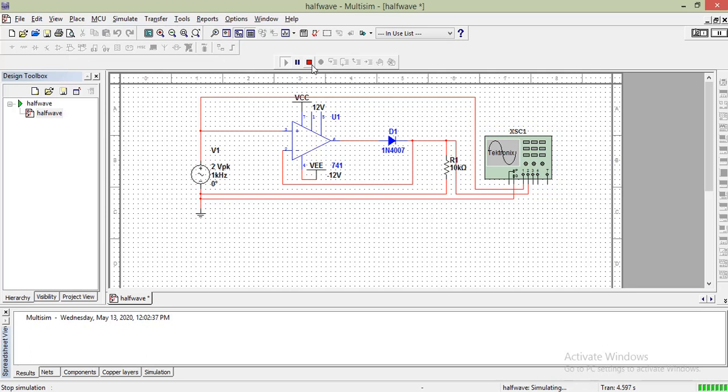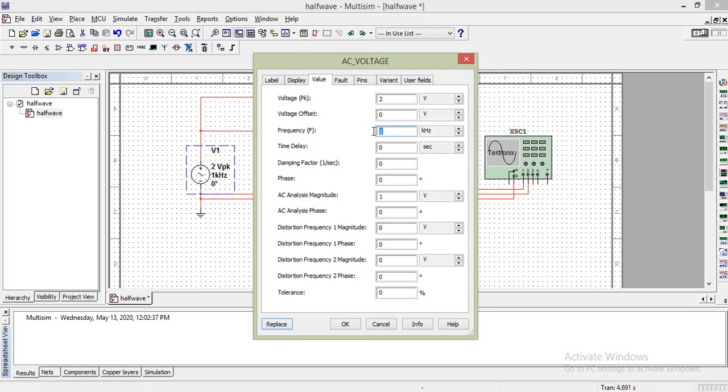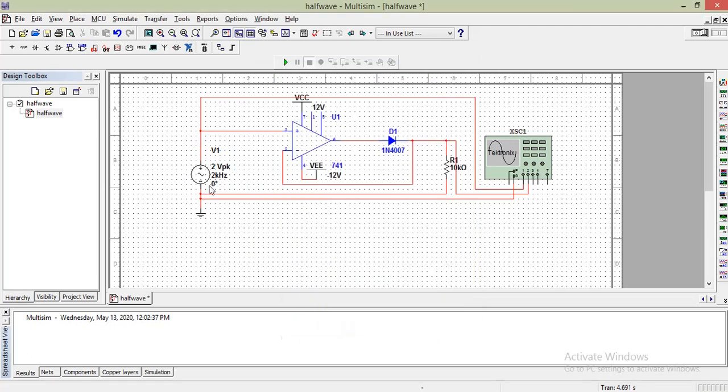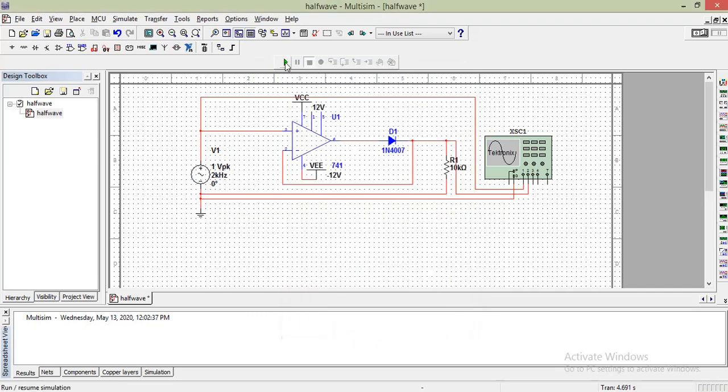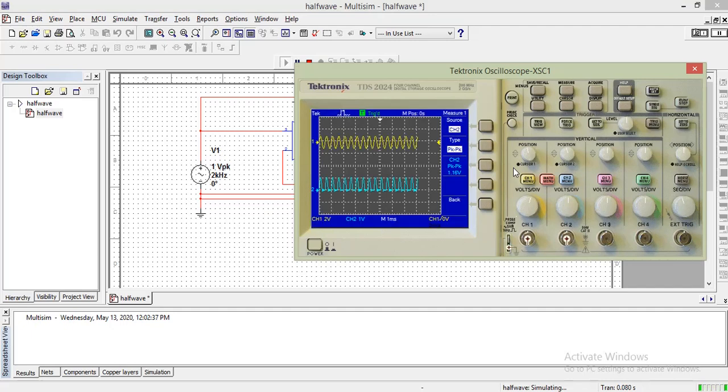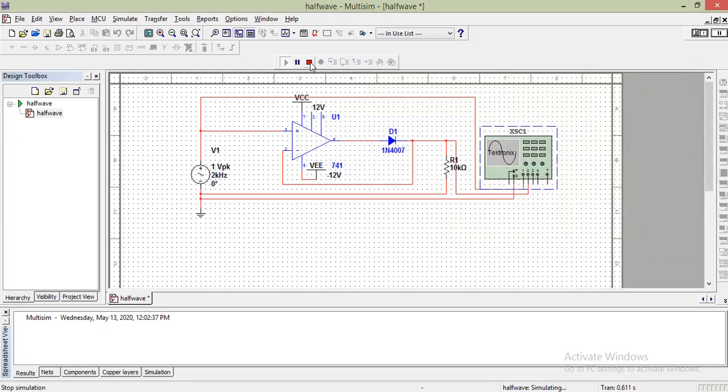You can place all the components. You can select any of the components. You can stop the simulation, and then if you want you can make the changes. If you want to change the frequency, stop the simulation, change the frequency to 2 kHz or the peak to peak value to 1 volt peak to peak, and then run it again. Double click and you can see the peak to peak of channel 2. Peak to peak of channel 1 is 2 volt. Like this you can do the changes. Stop the simulation and then make the changes and then run it again.